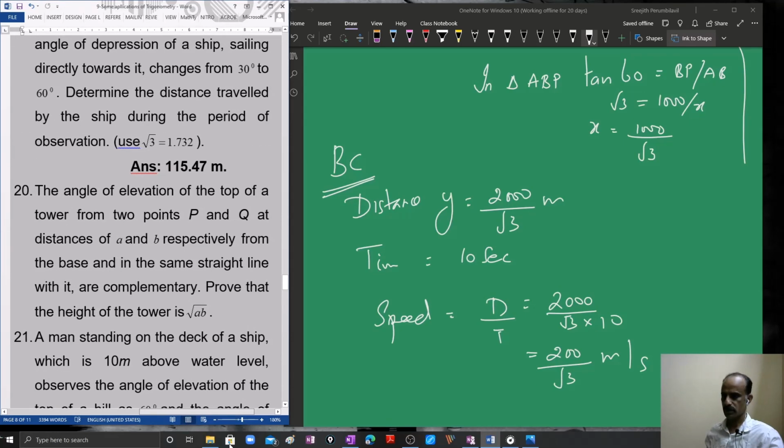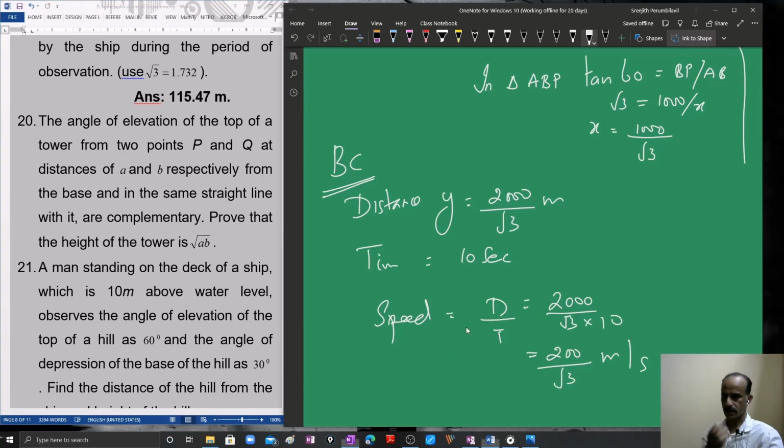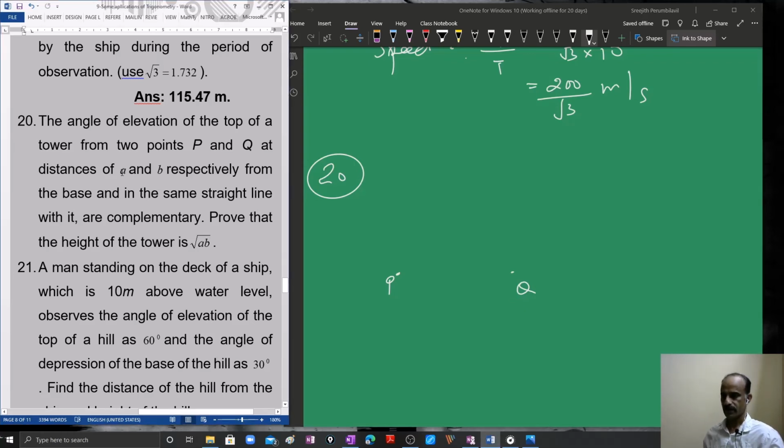I'll take question number 20, that is an important question. Question number 20 is a very important question. The angle of elevation of the top of a tower from 2 points P and Q at a distance of A and B respectively from the base